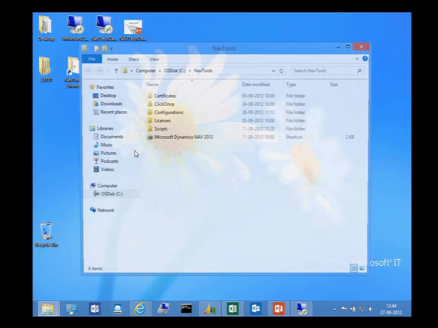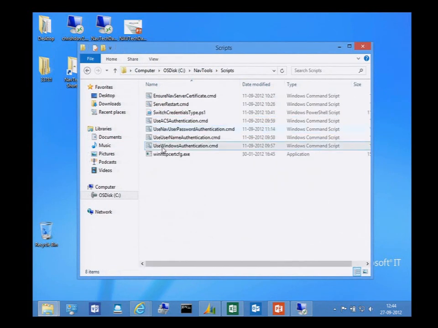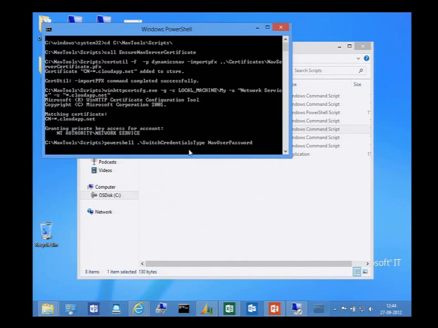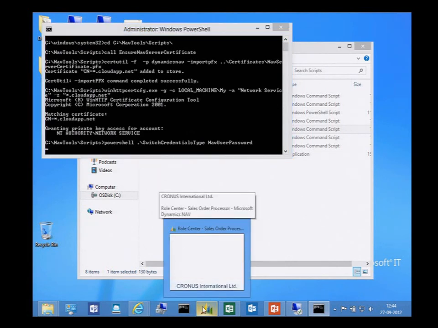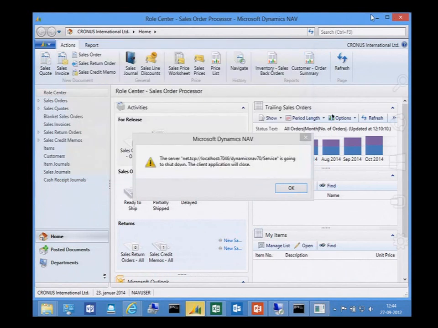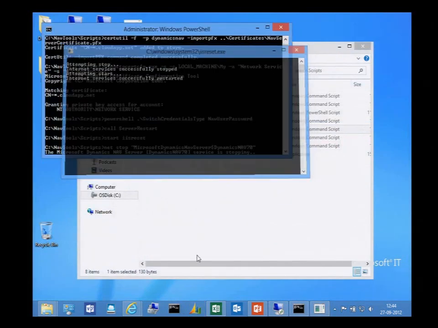Then I will start the tools, ensure that I'm running either NAV user password or ACS, doesn't really matter. Same concept. As administrator. And the client closes. Yep, it's fine.